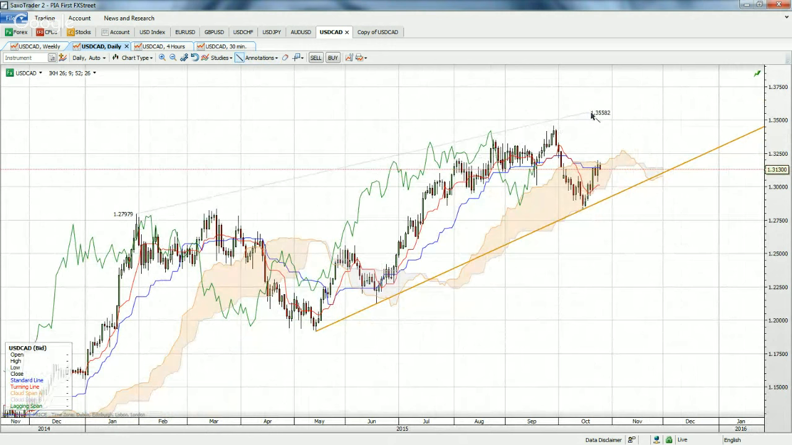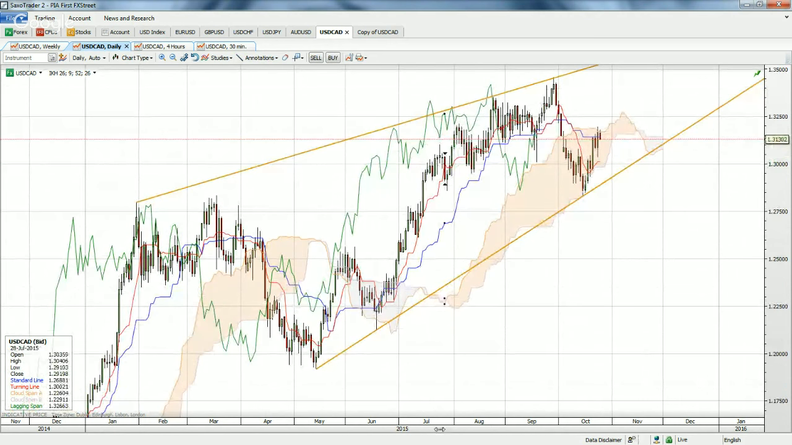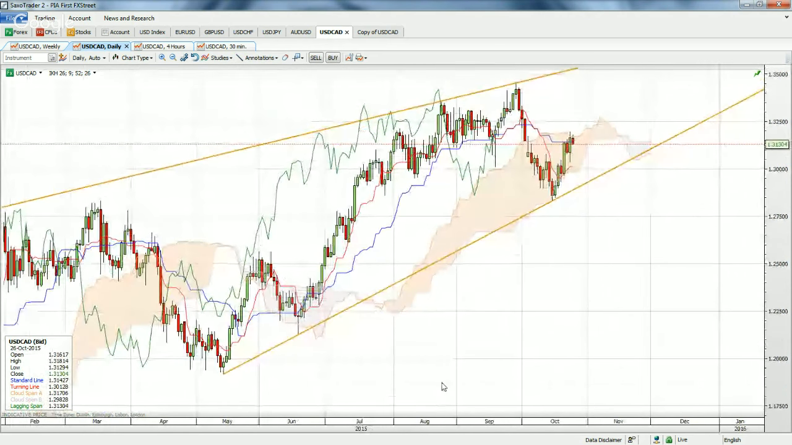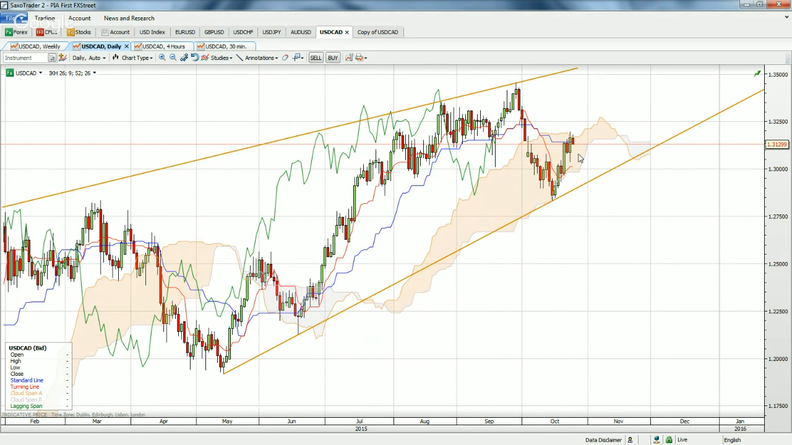I don't think it's going to be extensive, the move to the upside. I think we're in an ending wedge formation. Again, the dominating candle or continuation candle is here from Friday. We've had a mild dip to the upside, so the top of the Ichimoku cloud is holding at the moment. However,